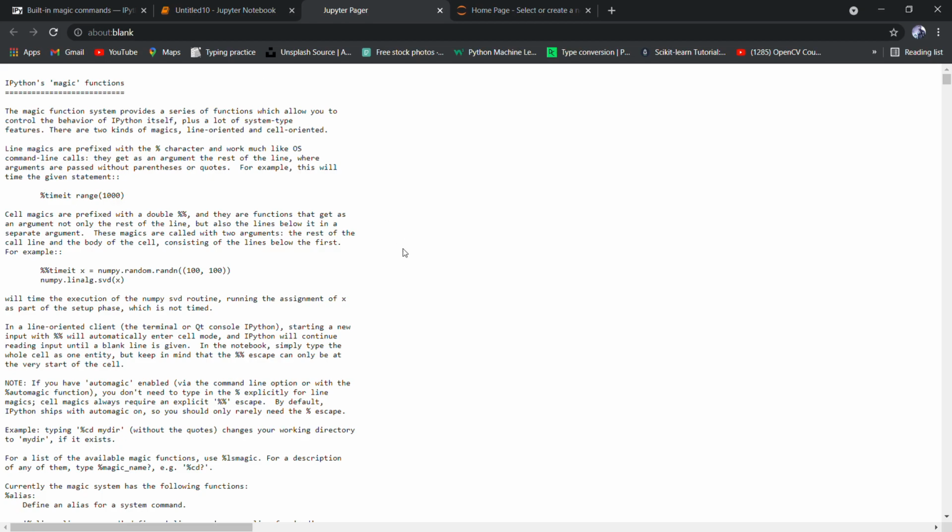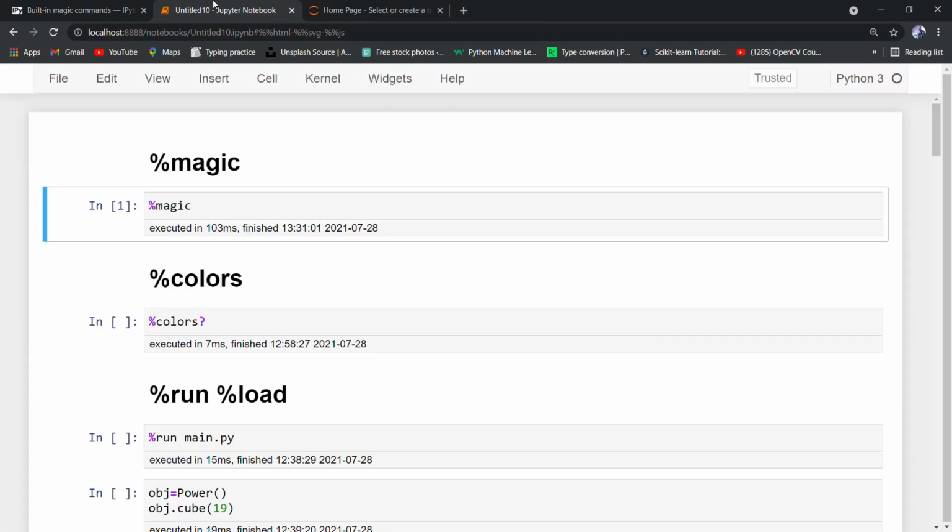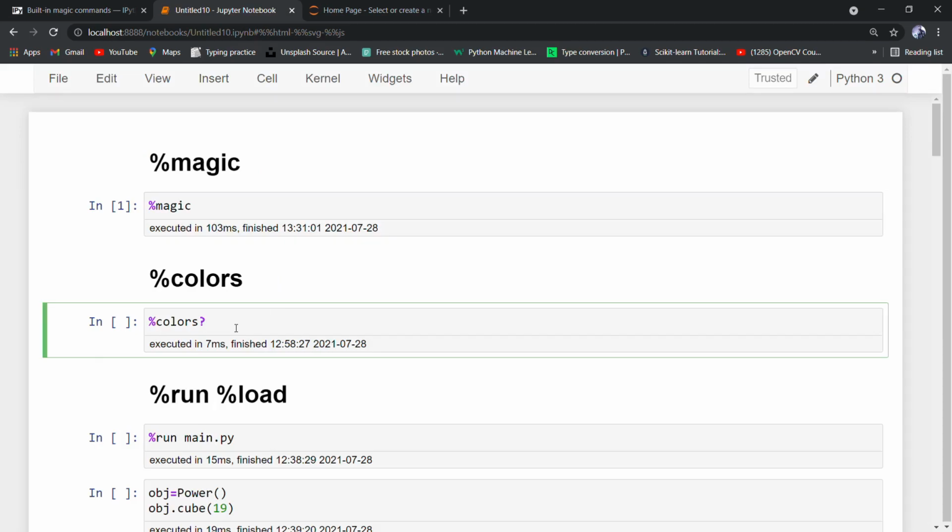So this magic function gives us the whole documentation. Suppose I want to get the docstring of a particular magic function, then for that I have to use single question mark or double question mark.